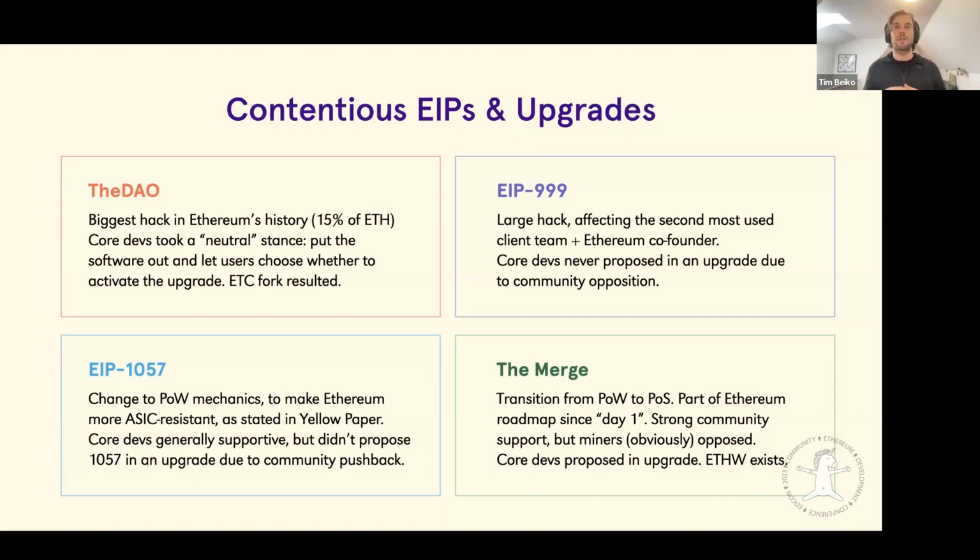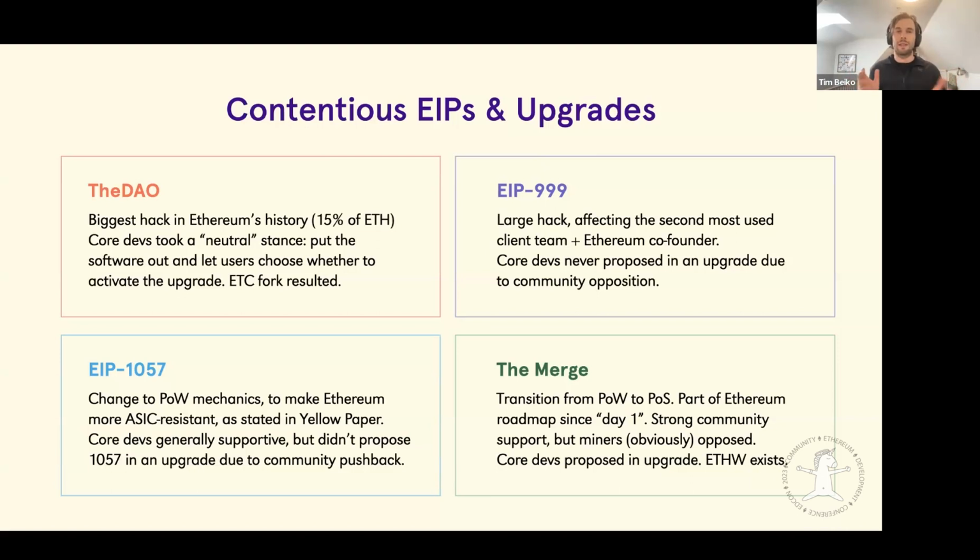We saw this starting to change, so people proposed an upgrade to the proof of work mechanism to try and retilt things towards GPUs. And there was a lot of community pushback against this as well. I think this is something where it's hard to say exactly, but core devs were probably weakly in favor of it. But seeing the strong community pushback led them to not put this in an upgrade. And so ProgPow also wasn't ever shipped.